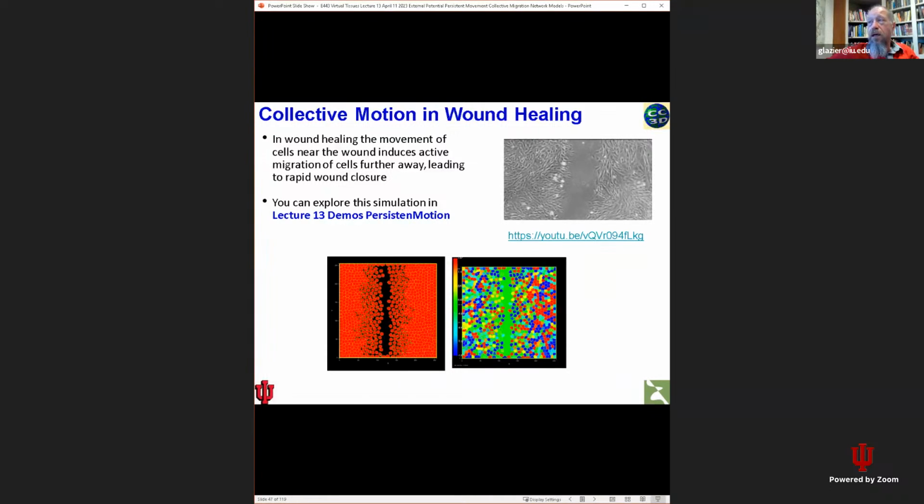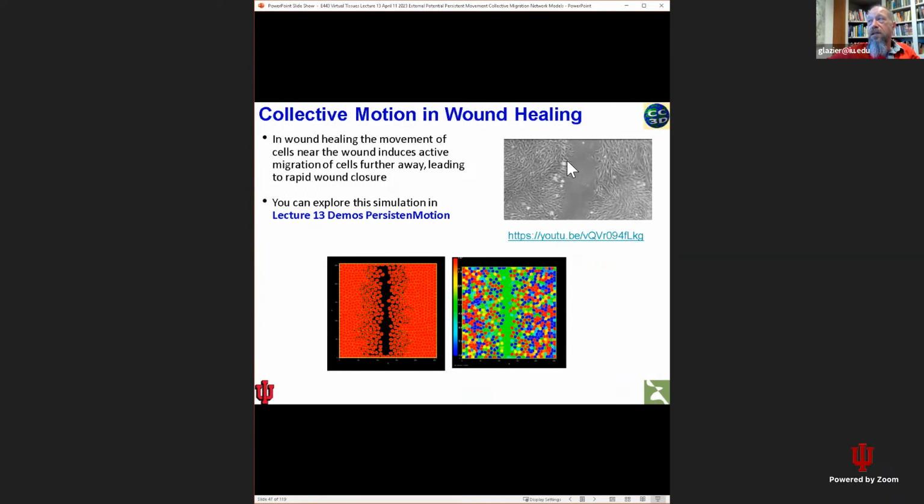And the trick to building a persistent tissue movement is to say that the updating of the force on the cell is not random, but depends on the direction that the cell moved at the previous time step. And if you do that, you can actually get the cells to move the way cells move in healing tissue,